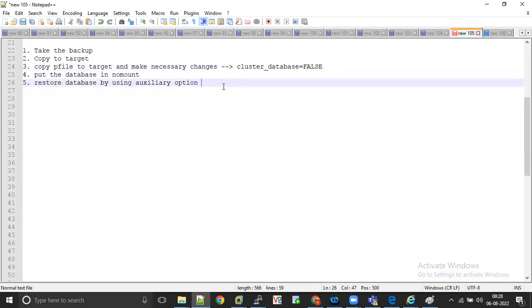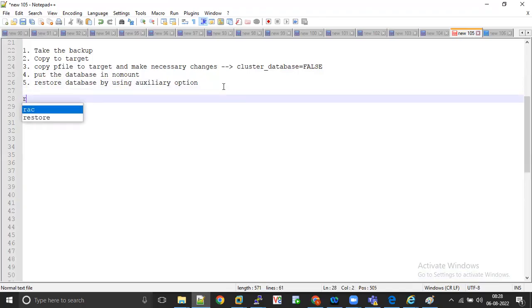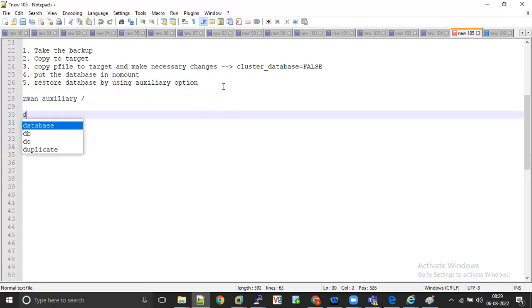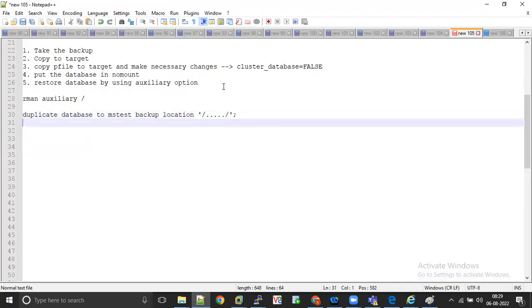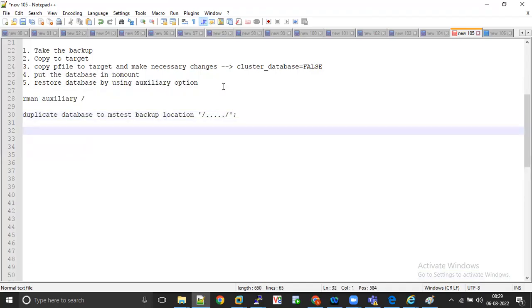Restore the database by using the auxiliary option, like how you run RMAN auxiliary, slash, duplicate database to, suppose, the MSTEST backup location, that backup location. The same way as core. Till now the core cloning is completed. There is no much difference. Sixth step,